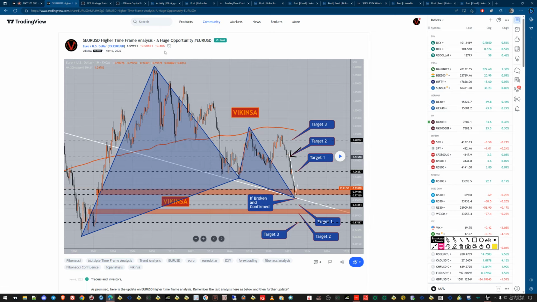For example, this Euro USD, right? If the market was supposed to break through this line and give us a confirmation, then the target was going to be this one. These two targets were given. Otherwise, if the market was going to give us a bullish confirmation, which it did in this case from this FCP zone of 0.99116, then the first target was supposed to be 1.06257, and the second target is 1.12518, approximately there. We already have a gap there as well, and the third target is already there.